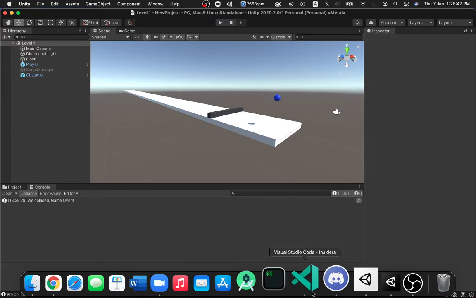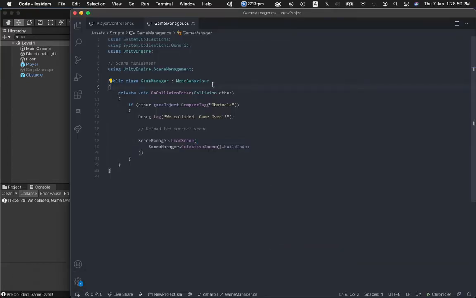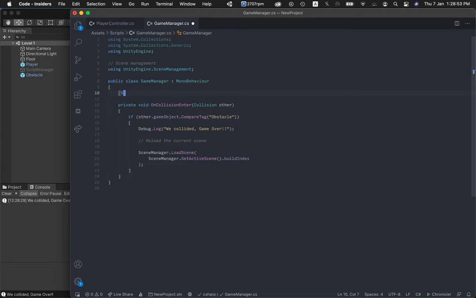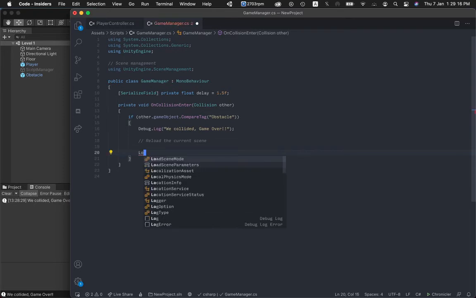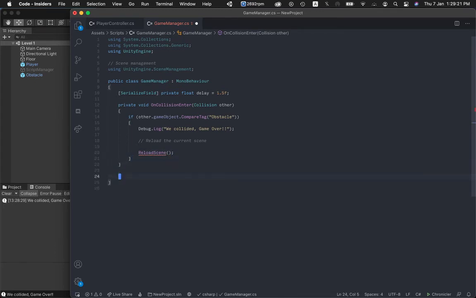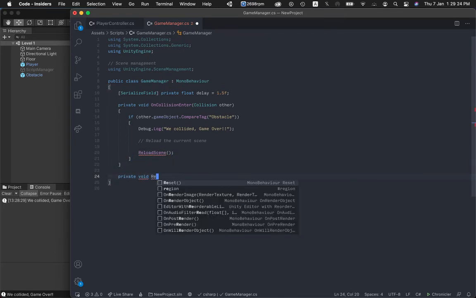Well, to do that, it's very simple. In the GameManager, I'll create a serialized field, private float delay, and I'll set it equal to 1.5f by default. You can tweak it in the inspector. And what I'm going to do is take this LoadScene, delete it, and create a new function called ReloadScene, and I'll create this function. So private void ReloadScene,